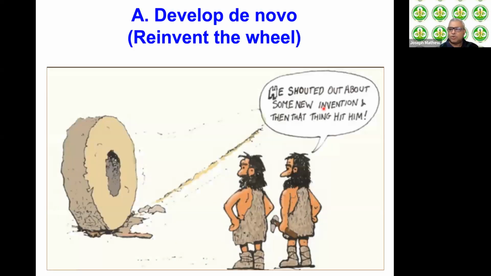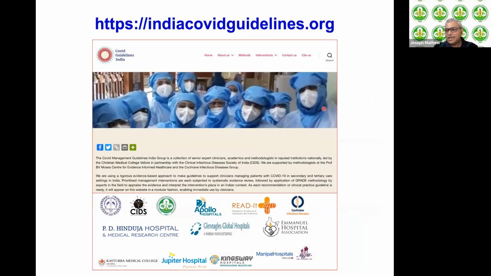So you're right. These are pretty much what we would do. The de novo recommendation development is like reinventing the wheel, and it's a great thing, but the wheel can sometimes crush the person who invented it under its own weight. Despite those challenges, we in India actually have a COVID India Guidelines Network group, which has reinvented the wheel and looked at all these interventions all over again. We have built recommendations on each of these, and they are available on our website. So it's not efficient. It's not the best use of resources, time, manpower.